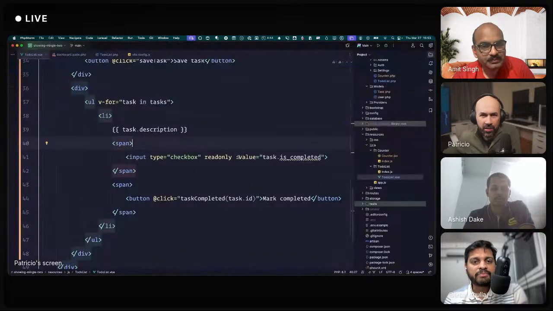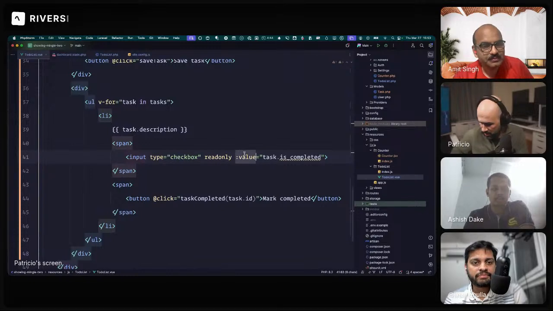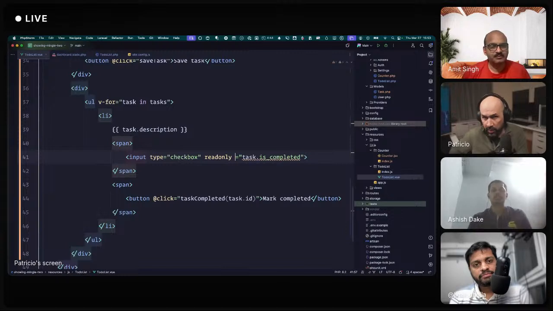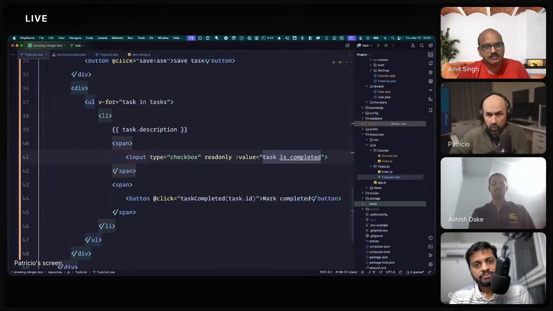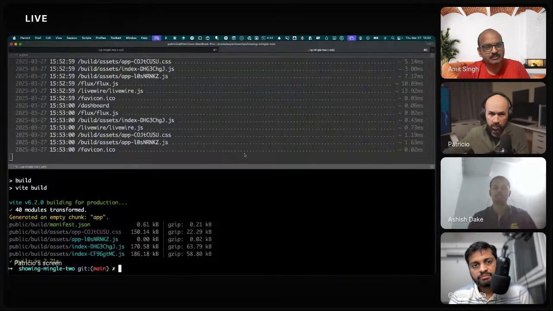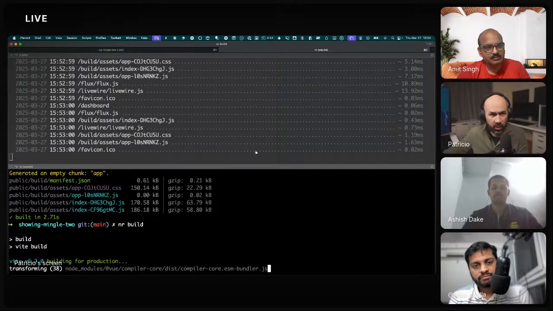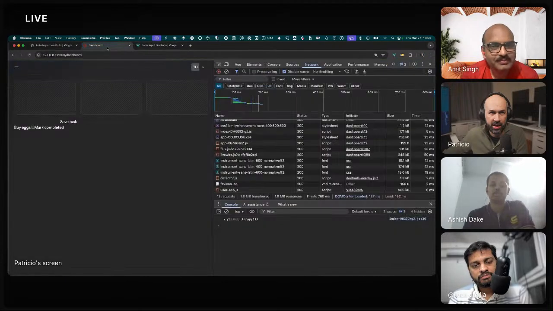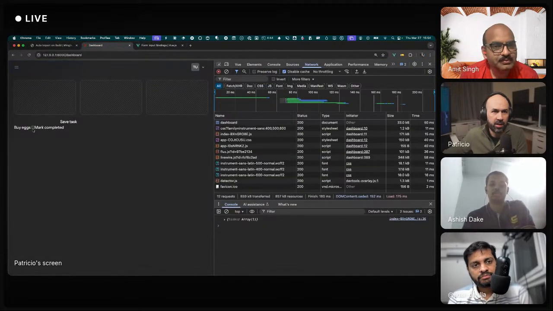Let me just do something to have a sanity check, colon value and true, because v-model does exactly that, and it's not doing it.